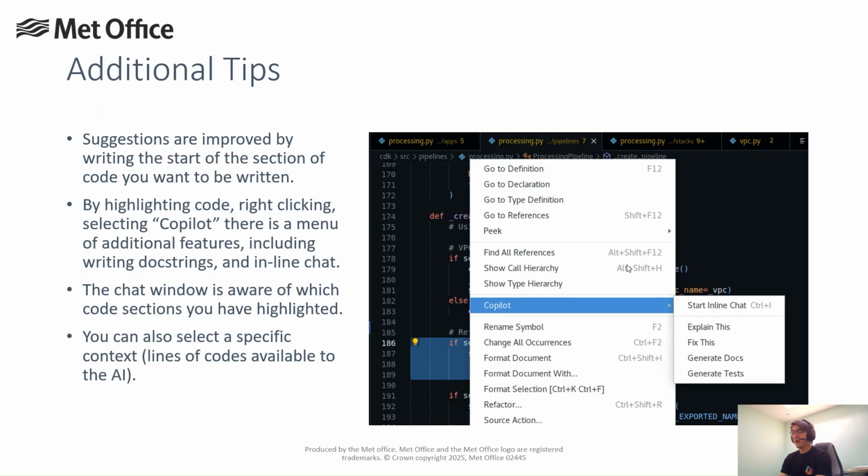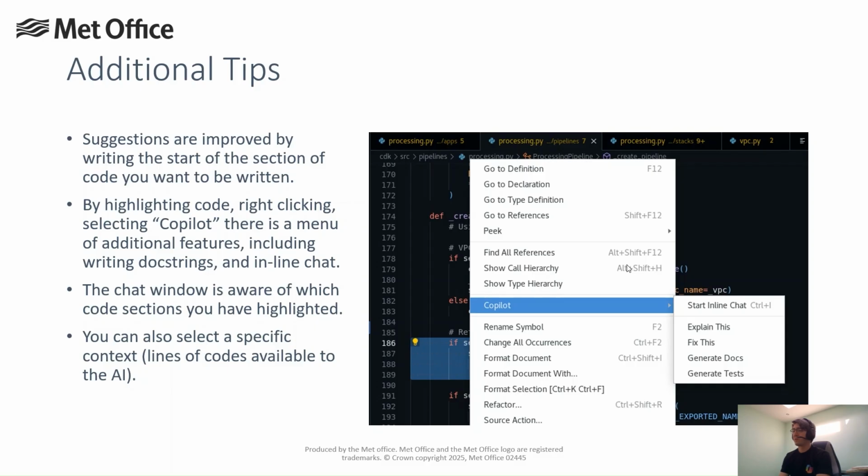There is another option within VS Code to select code and then click on this CoPilot tab, as you can see there. And then there's more options that you can see there. For example, the inline chat. So if you were to click on the inline chat there, you can ask it to modify the selected code